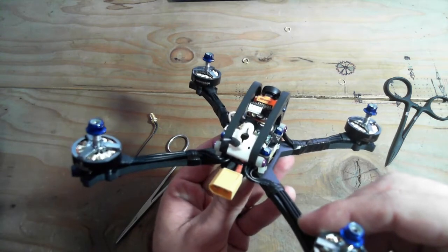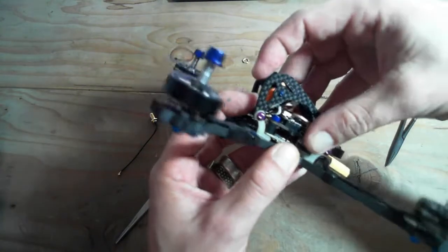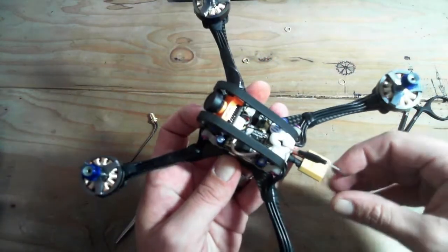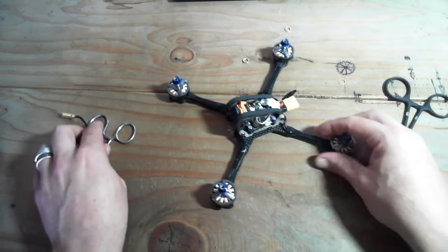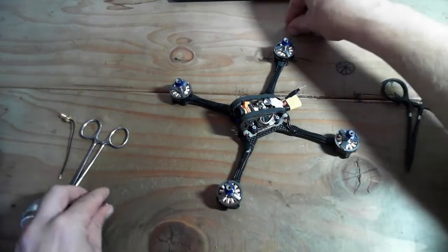Sorry that's so blown out, everyone. Okay, but that's in there. Let's set that to 60. I'll tighten these little screws up before maiden flight. But hey, there it is, all built up. One of the things I want to talk to you guys about, in fact, I'm going to do this right now, is